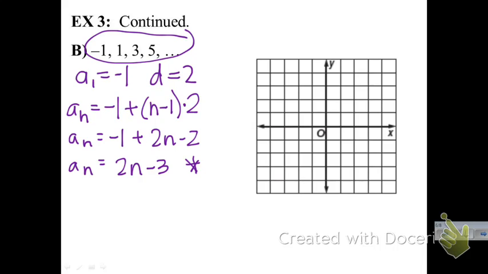It says you're going to go down 3. Our slope is up 2 over 1. Let's see if I can draw that straighter. A little better. And there's our line. If we wanted to check our sequence,